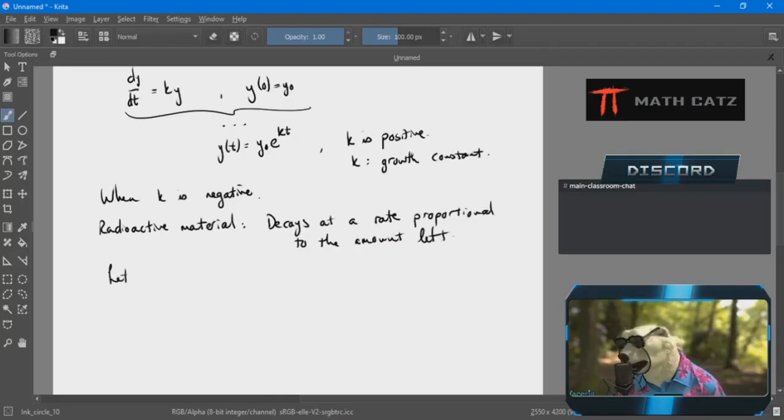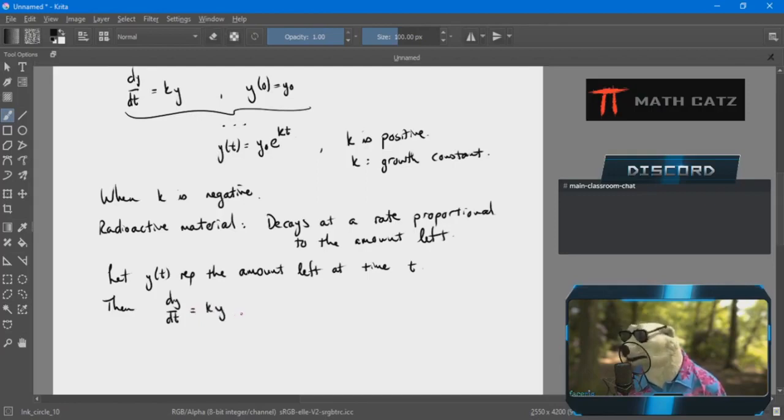So if we now let the y variable represent the amount of the radioactive substance left at time t, then again we are going to have a differential equation where the rate of change, the decay rate in this case, is proportional to the amount left by some proportionality constant. And again, I want to know how much there is, the initial amount. Now my k is going to be negative,